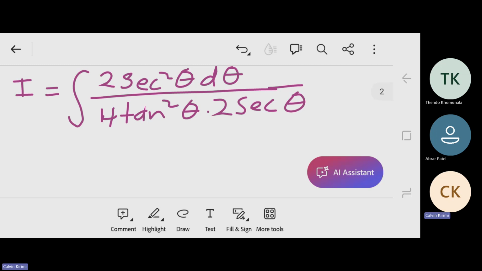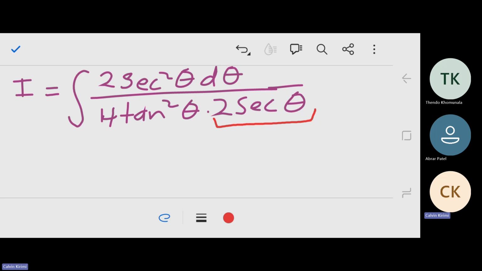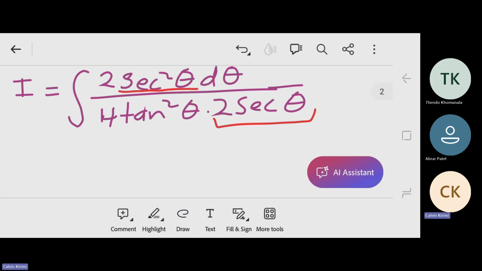All right, so that's where we are now. Now we need to check for anything common between the numerator and the denominator. We can see that secant is common. It's common in the numerator, and it's also common in the denominator, so it's a common factor. We can factorize, or they can cancel, such that we are left with